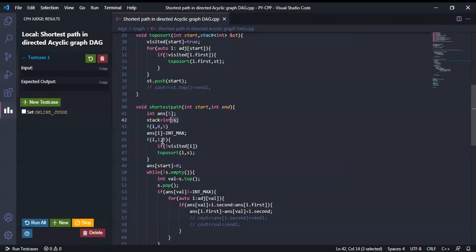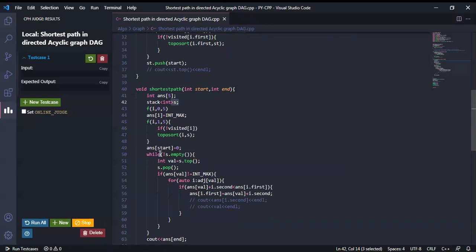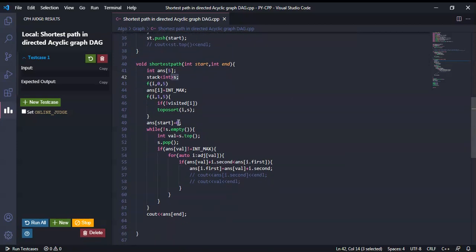Now we are checking for each vertex. We find a topological sort, and when it is found, we put our source in the distance array. Now, till our stack is not empty, we pop the top value and check that its value is not equal to int max. If so, we get inside the loop.